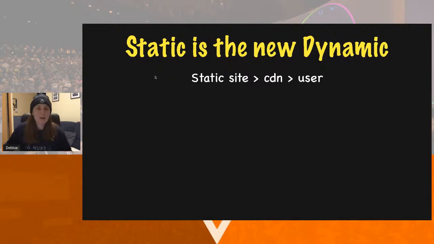So basically, now we're going from our static sites, we're coming up to the CDN, and then we're just delivering it back to the user. So that just makes it so much quicker, so much more performant. It's kind of like when we built sites in the 90s, right? That's how they were. They were really static and boring. But nowadays, we can do just so much more.